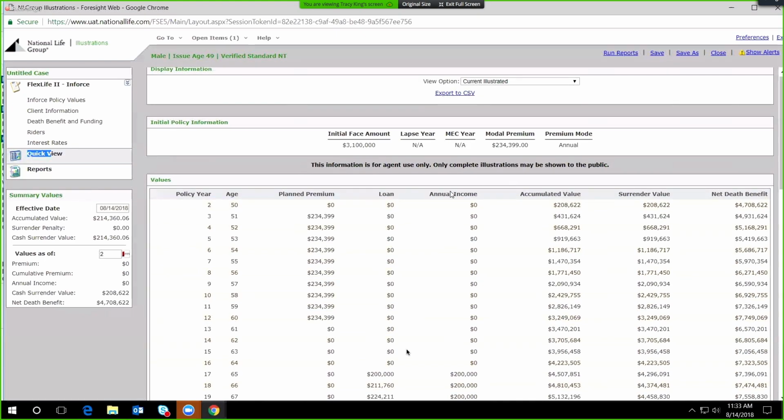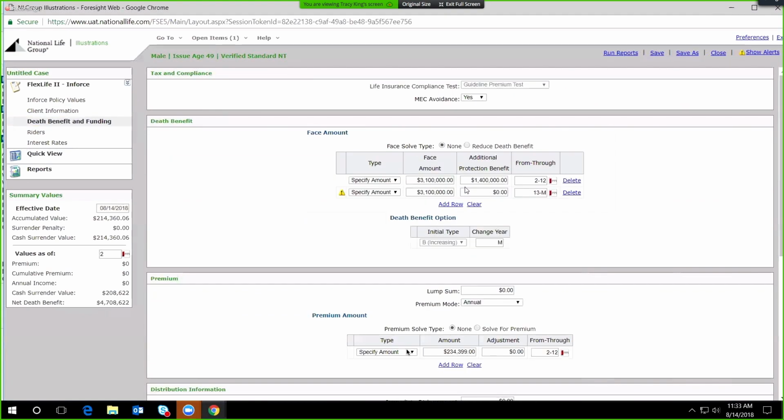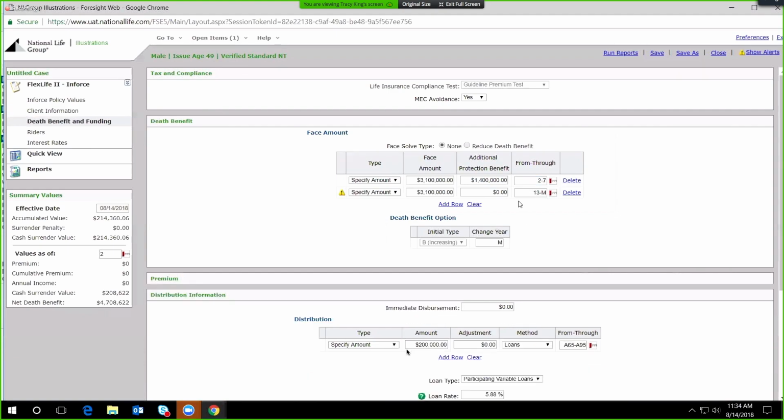Let's say the person said, hey, that's just too much. Remember, you can decrease this too. So we could go ahead and if you wanted to do max decrease, right? Let's say we want to do year 8, not to MEC it. So we'll say 2 through 7, it keeps this. And then in year 8, you wanted to assume